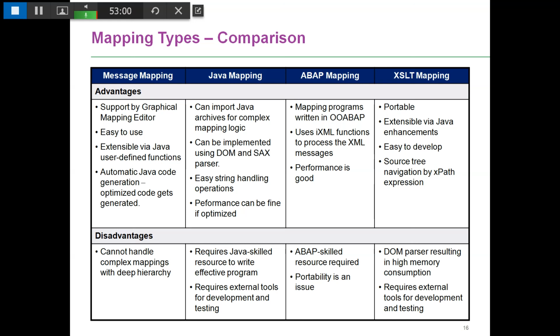Okay, so with this we come to the end of this session where we looked at the 4 different mapping types. We looked at building a Java mapping. We also saw how to build an XSLT mapping. The things that you need to remember about a Java mapping is it needs an external jar file which you need to download from your PI server. You need to write a Java class that extends an abstract transformation interface. It needs to have a specific method within which you write your Java code. In the case of an XSLT mapping, the thing that you need to remember is your file needs to have an extension .xsl, and you use imported archive to take care of that functionality.